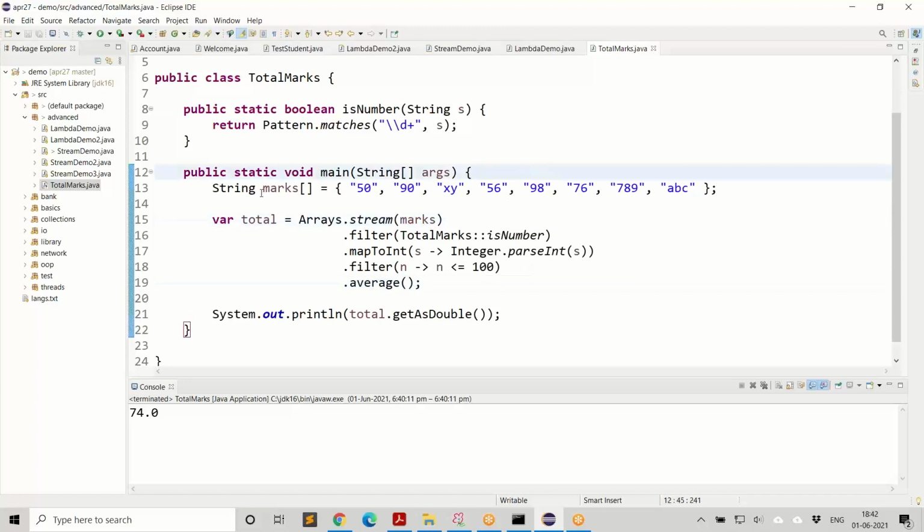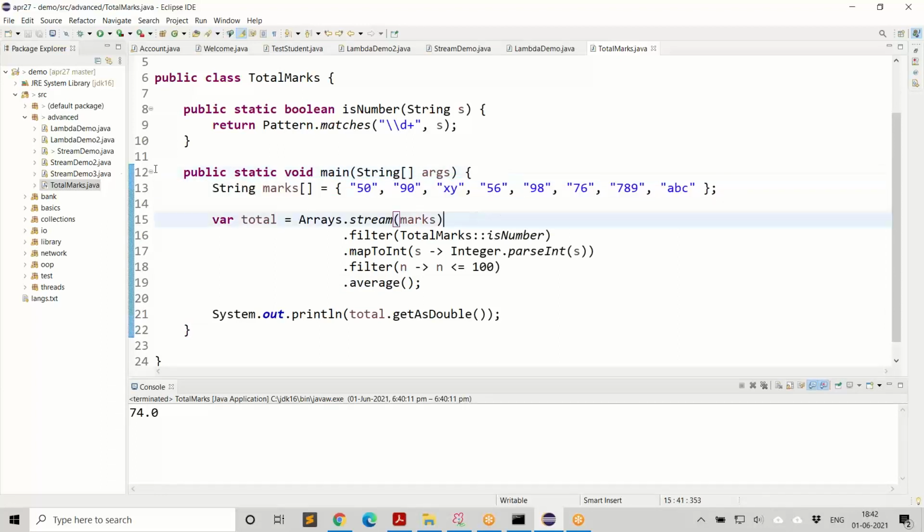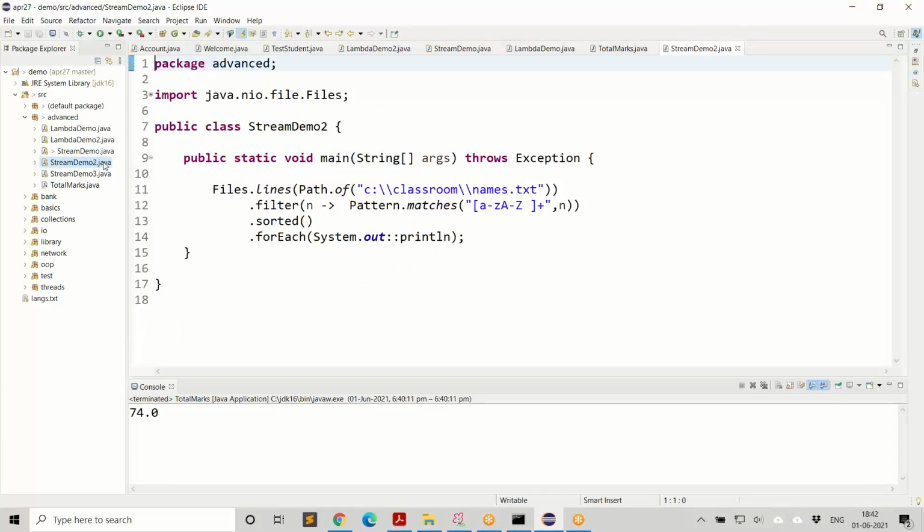If you're wondering whether we get data only from an array, no, we can get the data from anywhere. So let us see an example where we want to take the names from a file, names.txt, or rather all the lines.